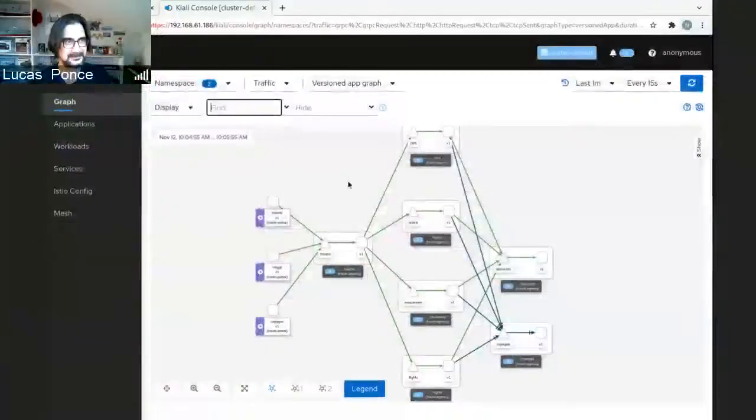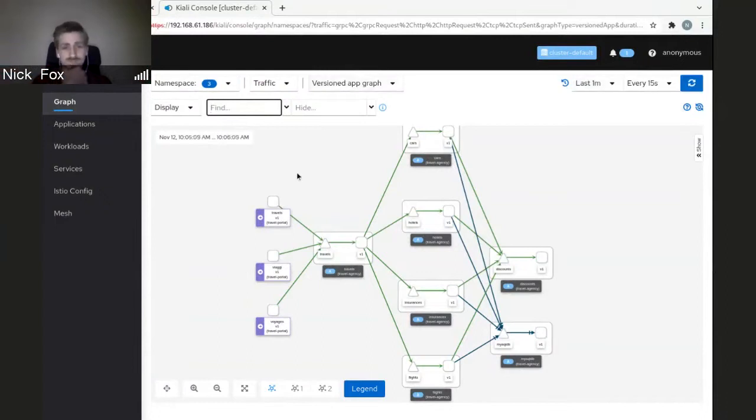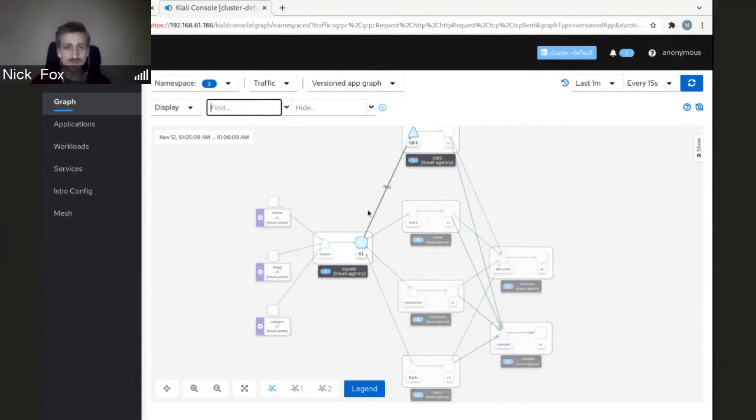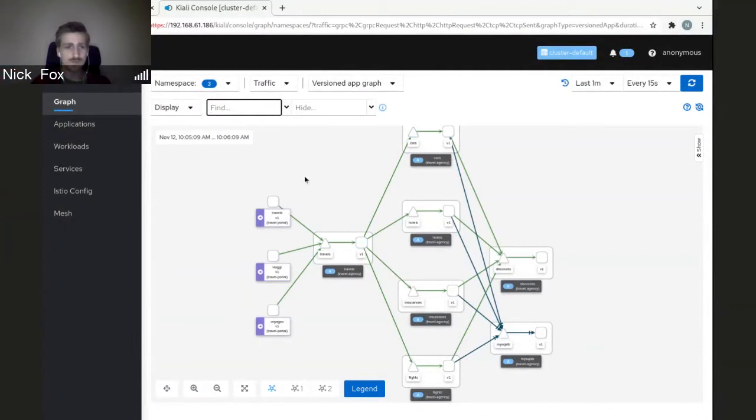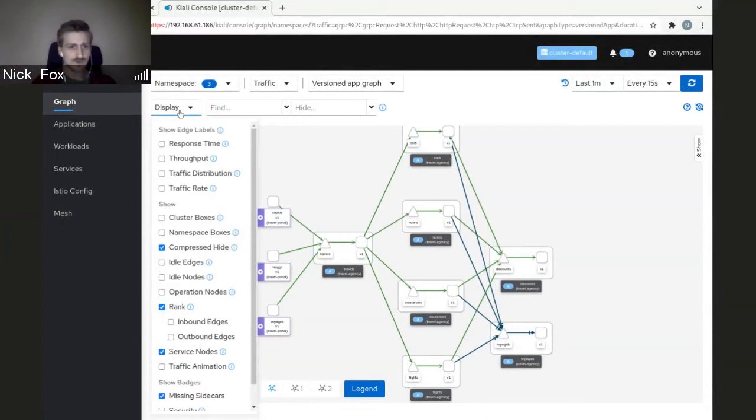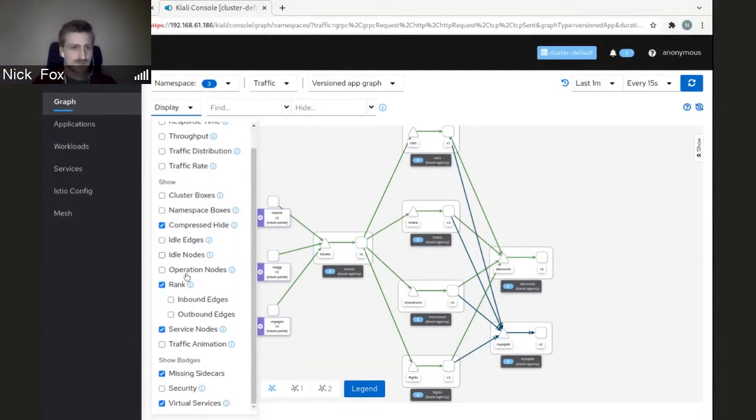All right, can you see that? Yeah. Great. So today I'm going to be talking about graph node ranking, which is a new feature making it into this release. Here I've just got the travel agency demo deployed. The goal of the graph node ranking feature is to make it easier to find and highlight different parts of the graph that might be more important or more interesting to you. So if we go into display options,